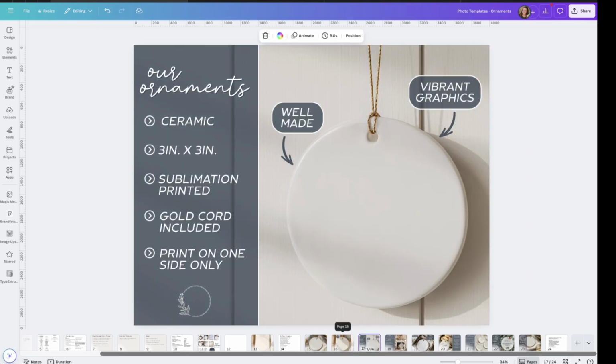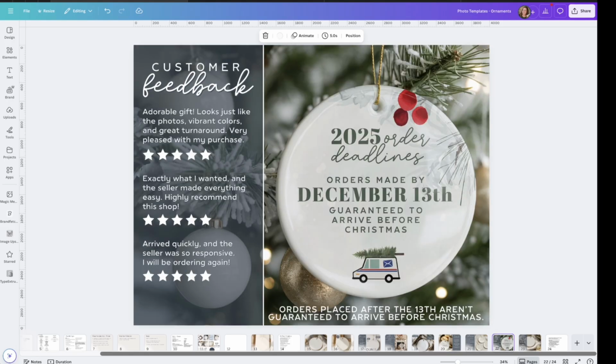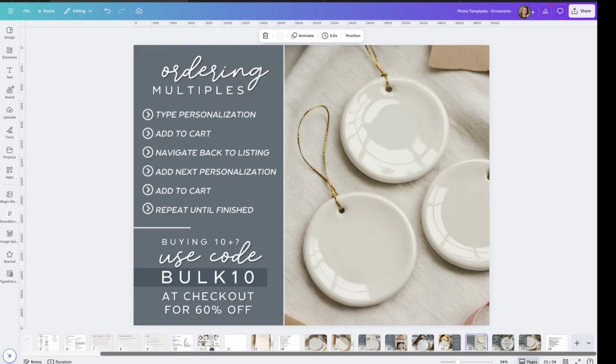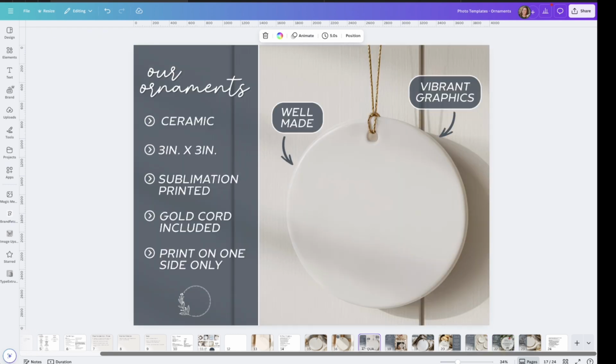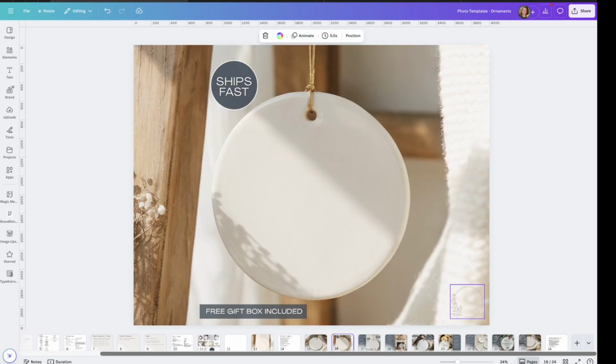And my photo templates are 4,000 by 3,000. I feel like it does give you more room to work with, especially if you're going to do half photo, half information. I also think it's important that you have your logo throughout just so that it looks branded and professional. It doesn't need to be visible inside of that crop, but that's what this is right here, and it's